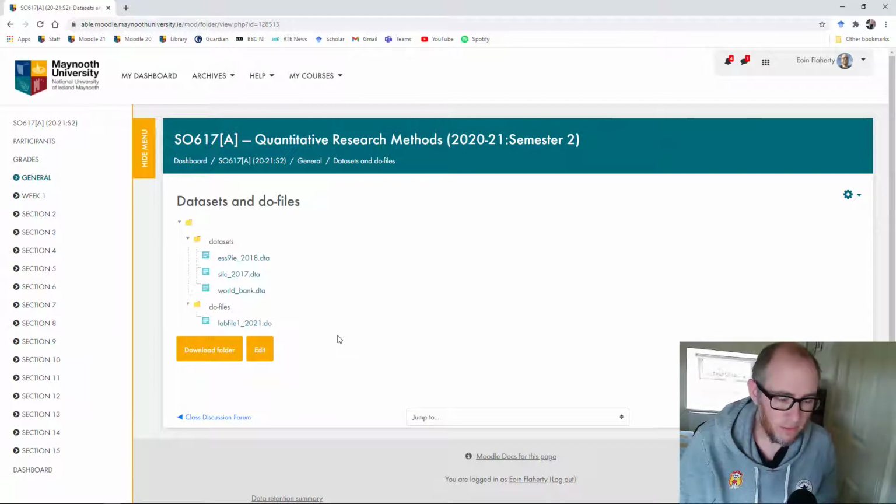So the way I typically teach this course is each week there will be an associated Do file with sets of new commands, explanations, instructions and exercises and so on. Now what you need to do is to download each one of these different files and save them into a single folder. And make sure you do that before you start working with Stata or before you open up Stata